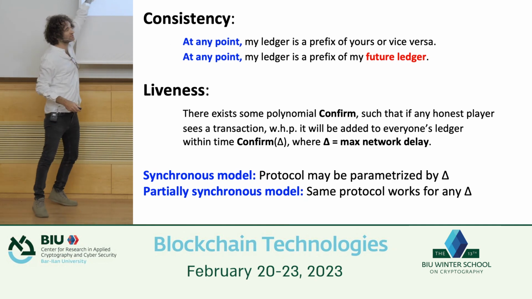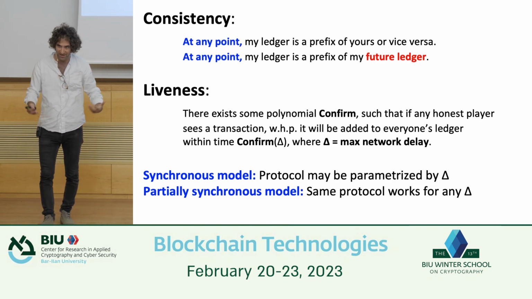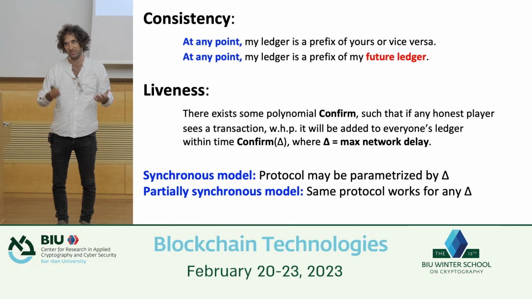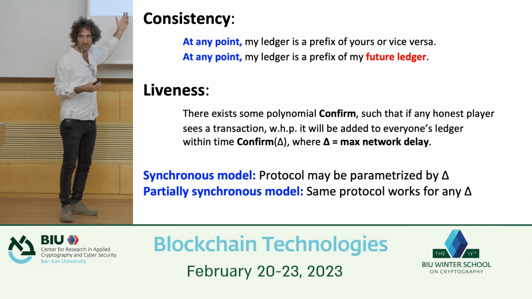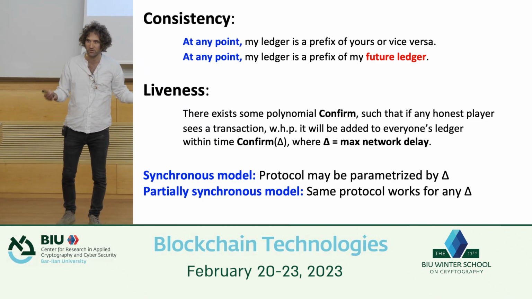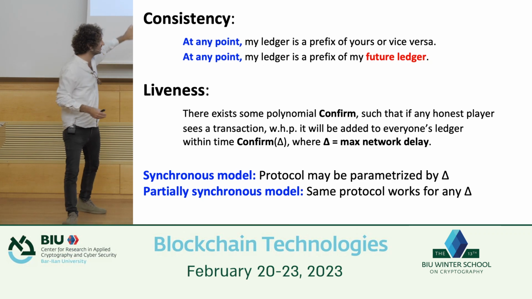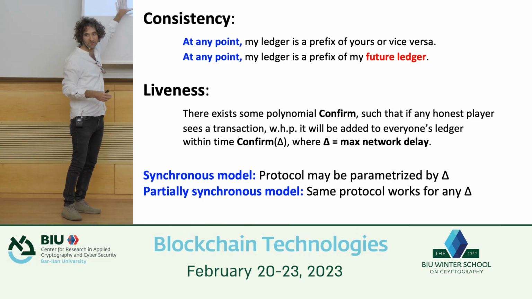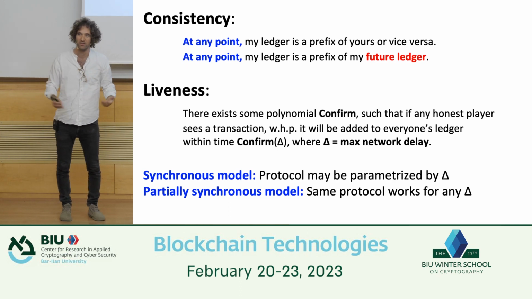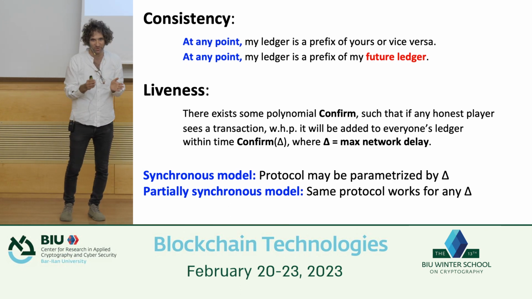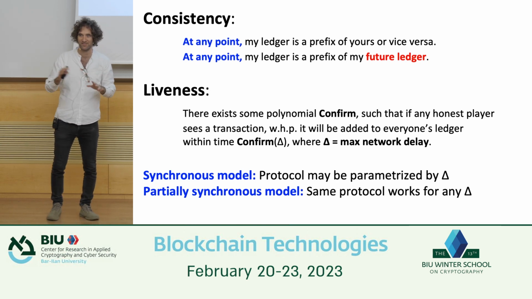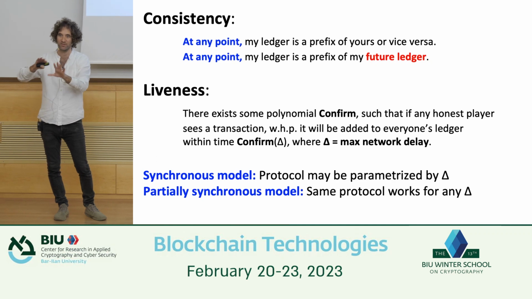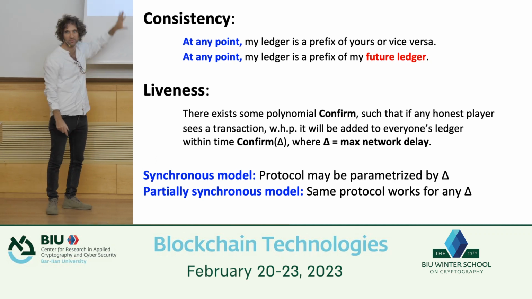Okay, but indeed, this is a reason why people in general are less happy about the synchronous model, because there the protocol needs to be parameterized by it. Partially synchronous protocols are nicer because we don't need to parameterize it. Now, it's true that in practice, there's a variant of this partially synchronous model called the GST model, where you have an upper bound, but you also want the protocol to run in time that is dependent on the real network latency. So there are various different variants, and that's what people typically use in practice. Let me not go into those nuances and just focus on this scenario. Is the model clear?